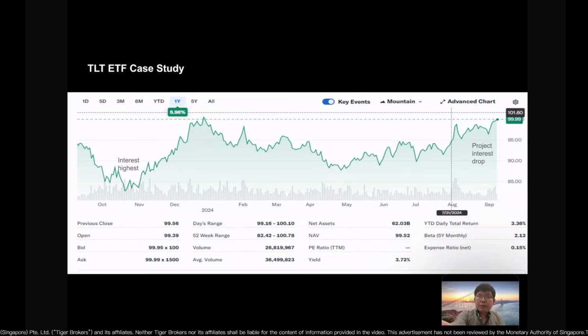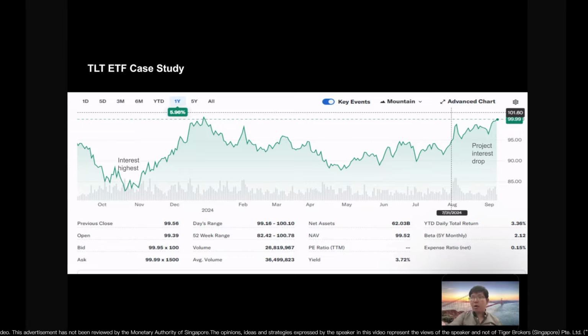As we can see over this one year, last October was the lowest of the lowest, because Powell said he was not going to stop increasing the interest rate. But now, although the interest rate is still high, Powell says he is slowly going to decrease it. So the market actually reacted faster based on news. This is not lagging, this is the immediate news effect.